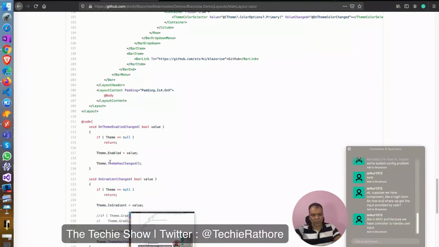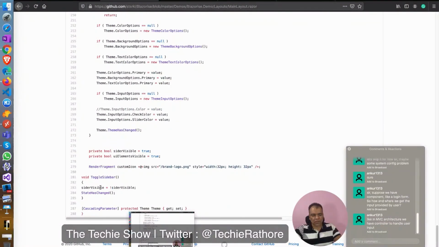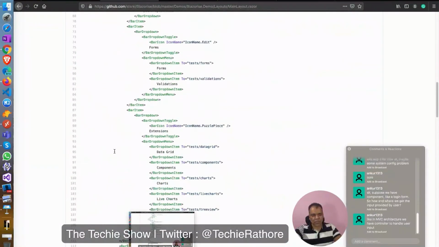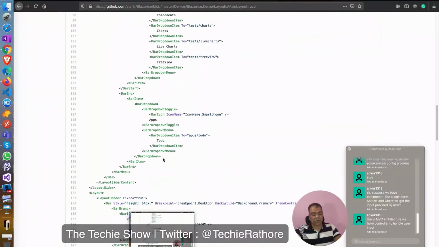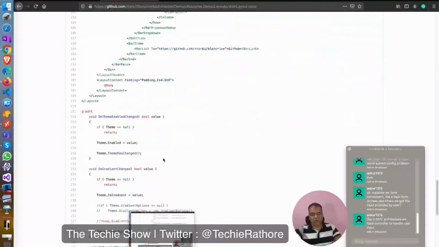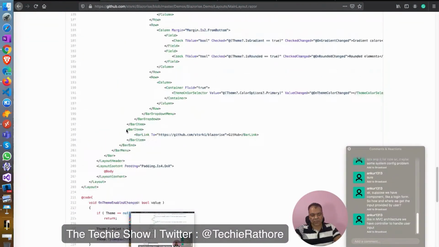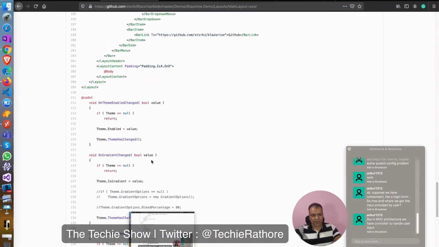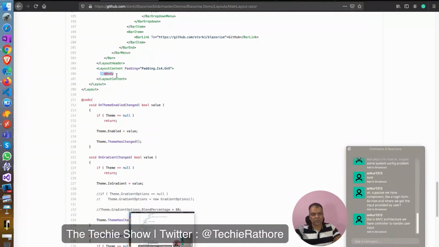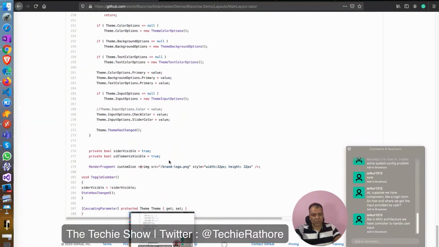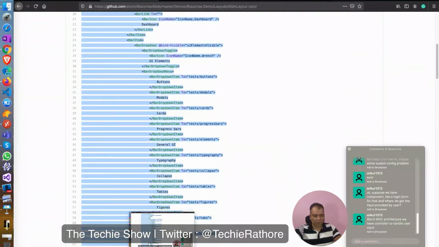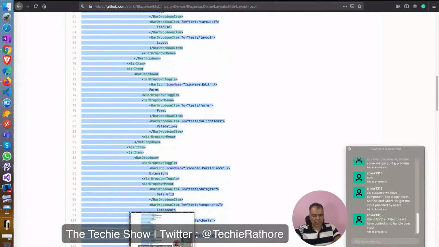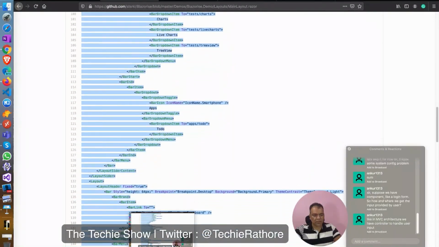So this is your code base. This is the place where he is writing the HTML, and this is the place where he is writing the code, and this @body is the one which is calling the different page bodies and everything. So what we'll do is copy paste this whole thing, and we'll update this menu and everything.